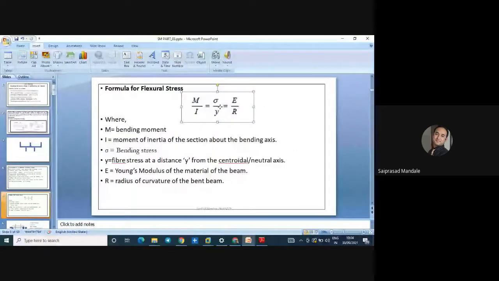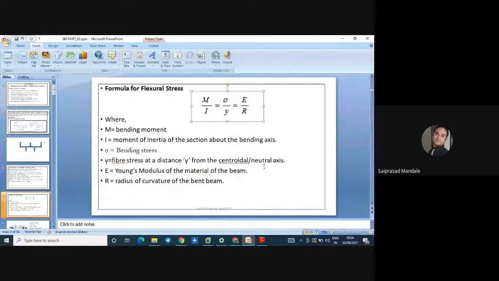Formulas. So this is the formula. This is called the flexural formula, or the bending formula. We have to prove this formula, but nobody will ask you in the examination. But definitely the question will be asked in your MCQ and the oral point of view: what is the bending formula or flexural formula, give the units of each and every term, and what does each term represent. We'll be looking at the terminology of every term.